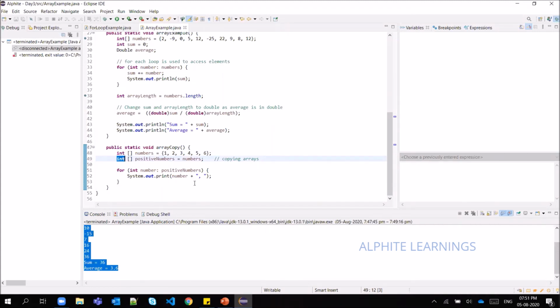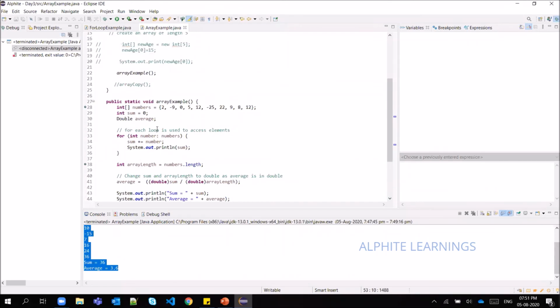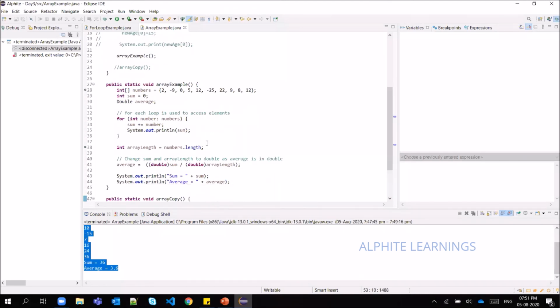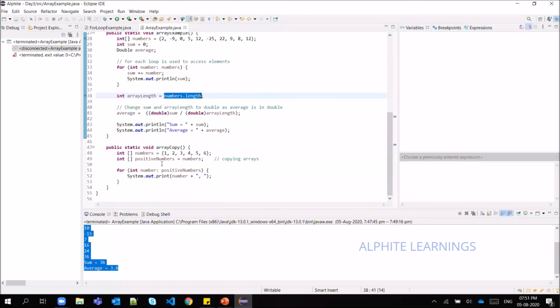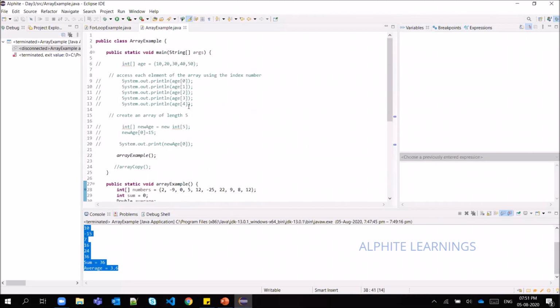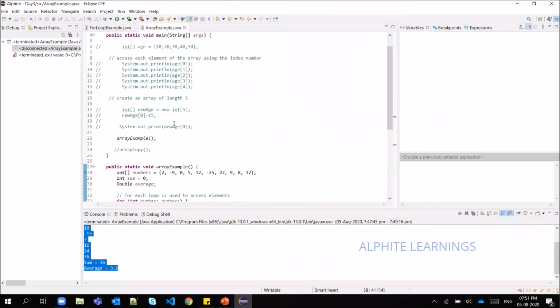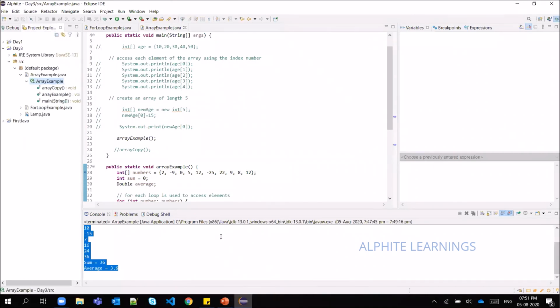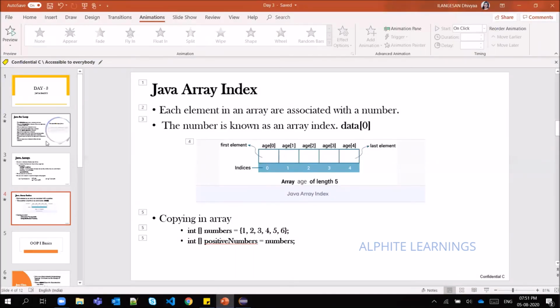For now I just want you to know what an array is and how to access its index, and mostly we will be needing the length of the array. So this is what we often use: length, and the type of array, I mean what data type it can store. And if you try to access some index that is not available, what kind of error you will face. Those are the things we have seen now. So with that note, I will go to the next slide.